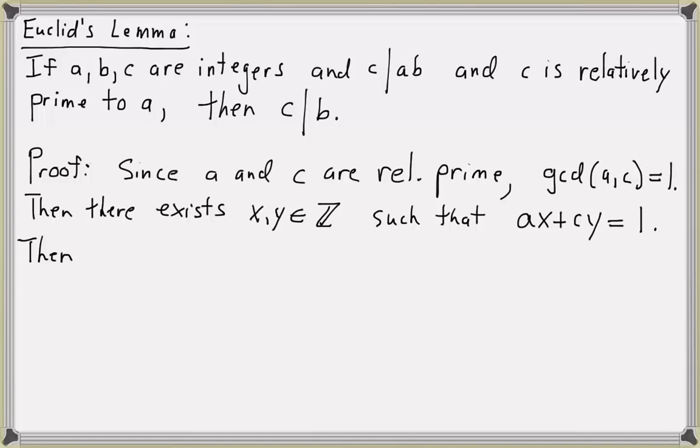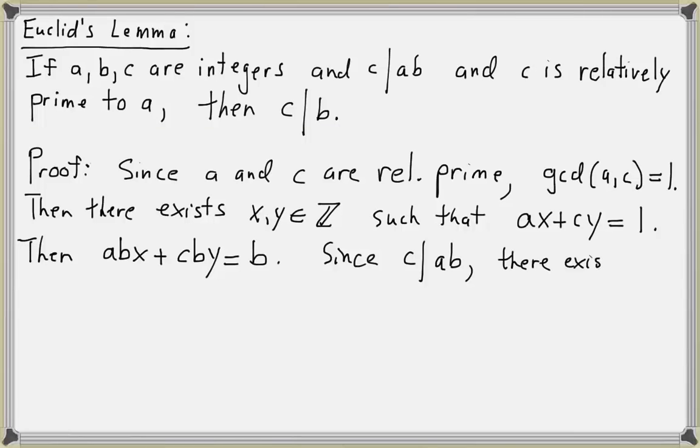Then multiplying both sides of this equation by b, I see that abx plus cby equals b. Since c divides ab, I can write ab as an integer times c. There exists an integer d such that ab equals d times c. So now replacing in the previous equation, we have